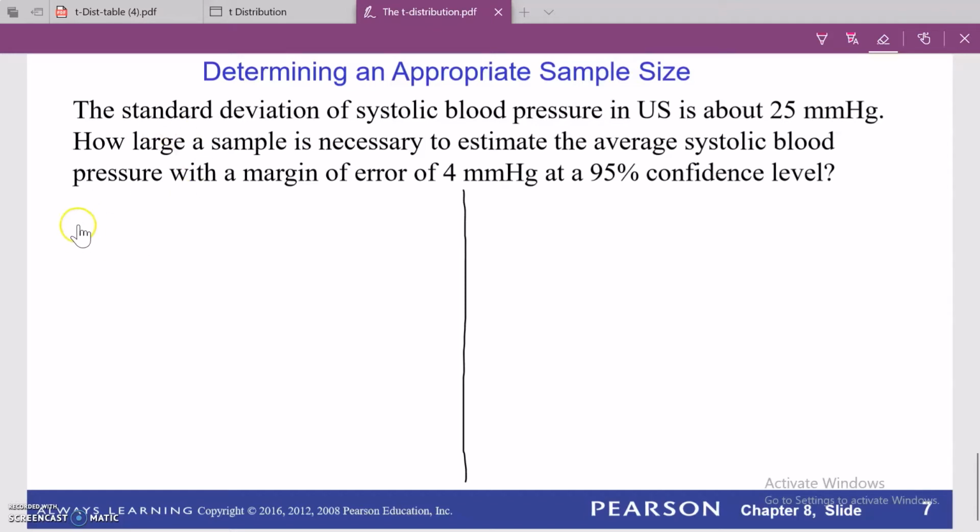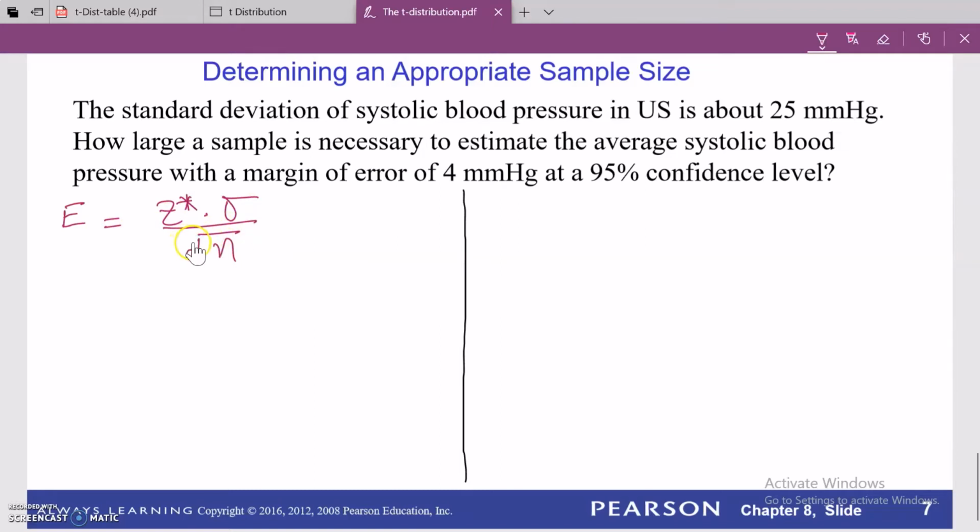First I'm going to derive the formula for it, and then I'm going to solve this problem. On this side I will derive the necessary formula, and here I will solve the problem. You already know that the margin of error has this formula: E equals Z star times sigma divided by the square root of the sample size. If you don't know what I'm talking about, see my earlier video in which I have shown you this formula and how we compute the margin of error.